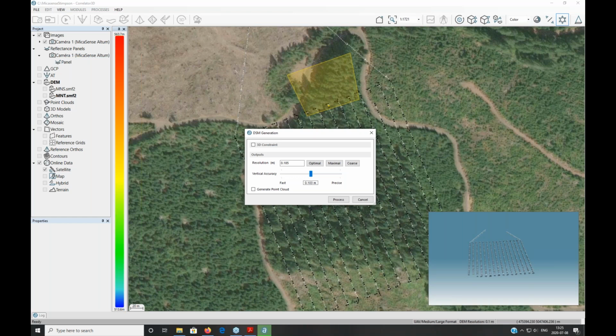Depending on the quality of your data, you can maybe lower that to around three times the ground sample distance. It's going to have an impact on the processing time, but the user can specify his own resolution by changing the resolution here. And can also change the vertical accuracy depending on the processing time he needs and the accuracy that he needs for the